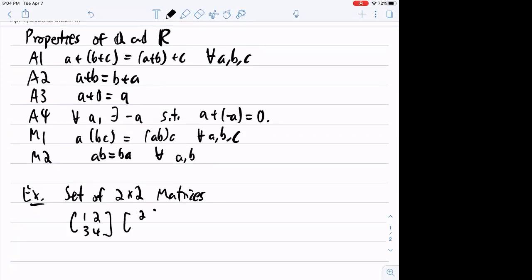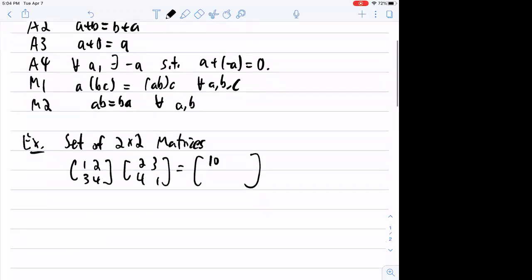So, I don't know, 2, 3, 4, 1, right? If you multiply this, what's the first term? It's 1 times 2 plus 2 times 4, so that's 10, right? On the other hand, if you swap it, the